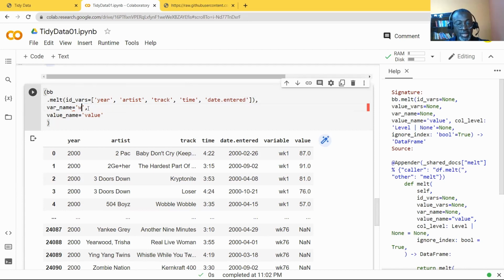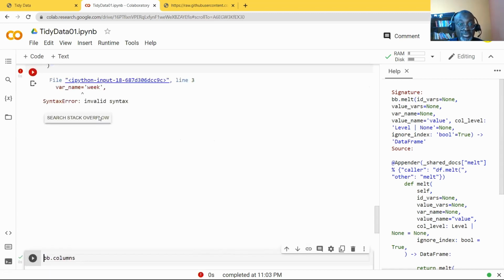So that's going to call it week, and then value. That should be position, because we're talking about music, right? Week 1, it was number this on the Billboard top charts. Week 2, it was something else, so I'll call it position. I think I should call it position. That makes more sense to me. I will check